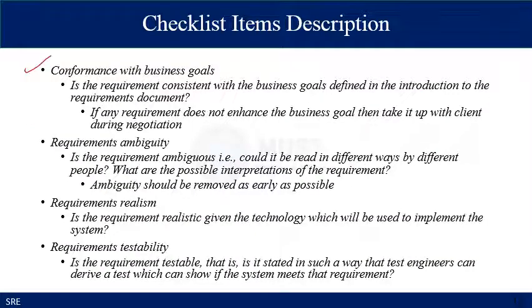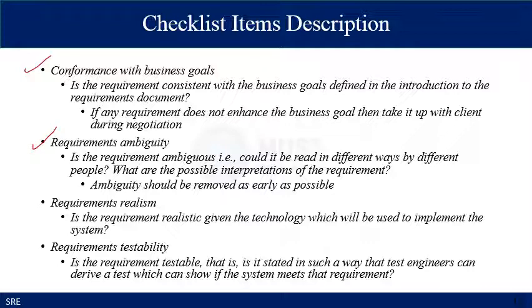The conformance with the business goals is another checklist item, and in this item you check requirements for consistency of the business goals and the requirement specifications. And if requirements do not match the business goals, you can exclude them from the requirement specification documents. You can also check for requirements ambiguity, and if the requirements are ambiguous, you can remove these requirements as